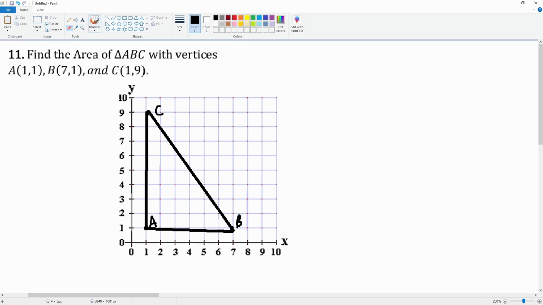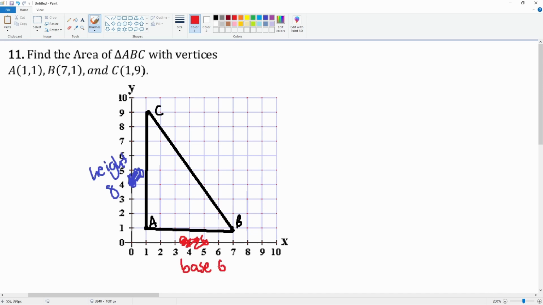Okay, so now let's label it. A is 1 2 3 4 5 6, and B is 1 2 3 4 5 6 7 8. But notice this can also be seen as your height, so you can erase this and just put height is equal to 8, and then A is equal to 6, or you can actually say the base is equal